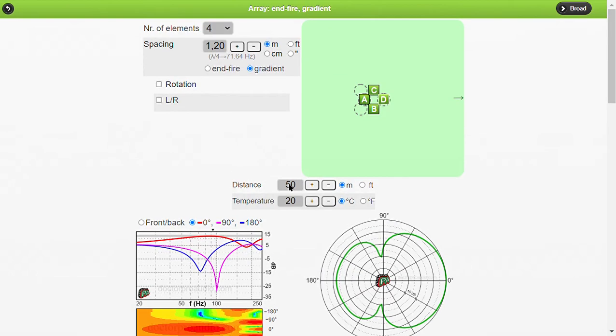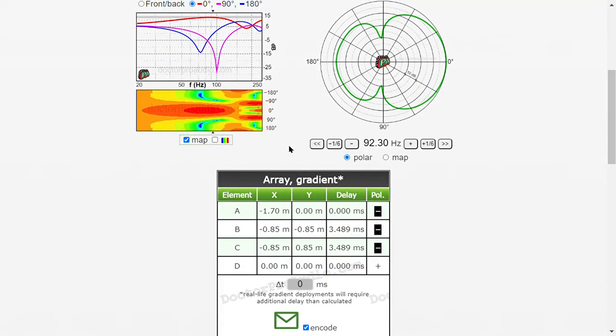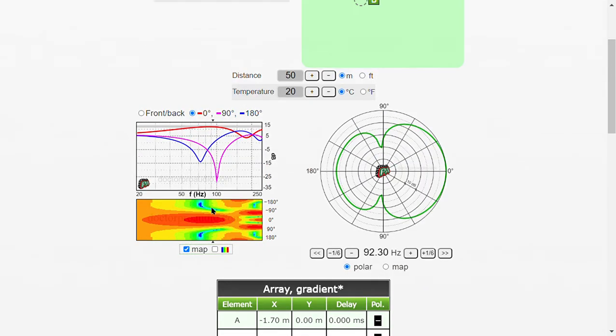So, for instance, here we can see that with this 4-element gradient array, we have a fairly constant pattern up to 140 Hertz or so. The frequency that's shown here on the polar plot is noted by this small arrow or triangle here on the isobar display as well as the frequency response.